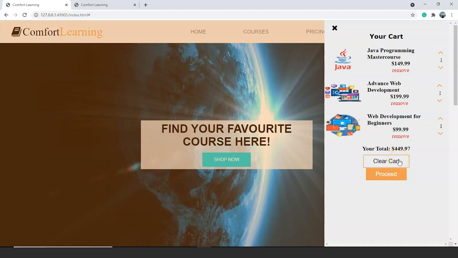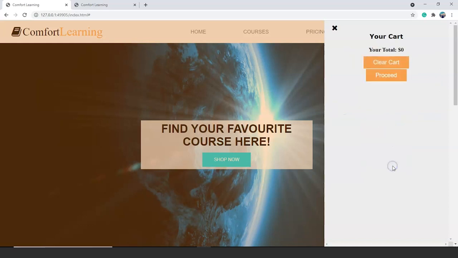Either we can clear the whole cart or we can proceed. If we click on this clear cart button, there will be no course present in the cart and the total price will change to 0 in that case. Fine. So I hope you guys must have known the task by now. It's clear and seems effortless, right? But these small things take a lot of precise coding and attention to work